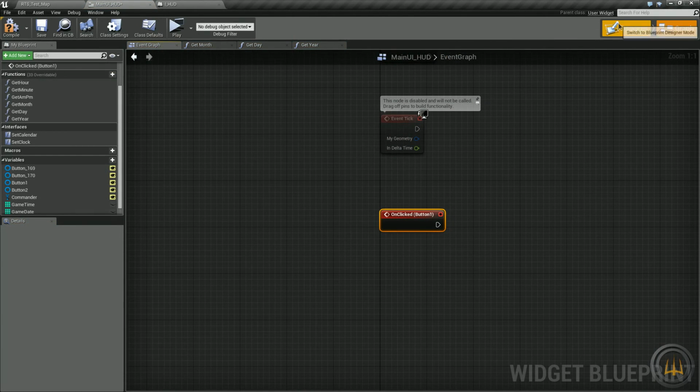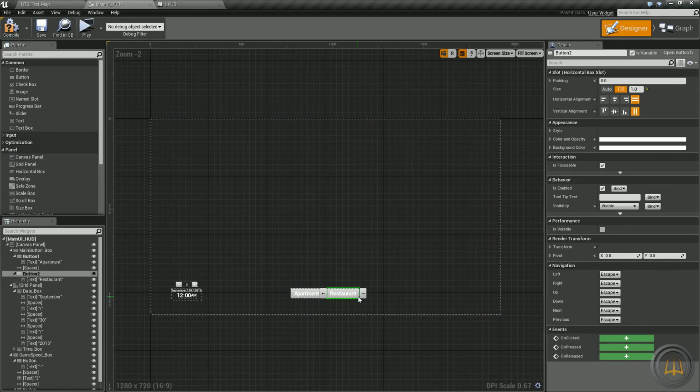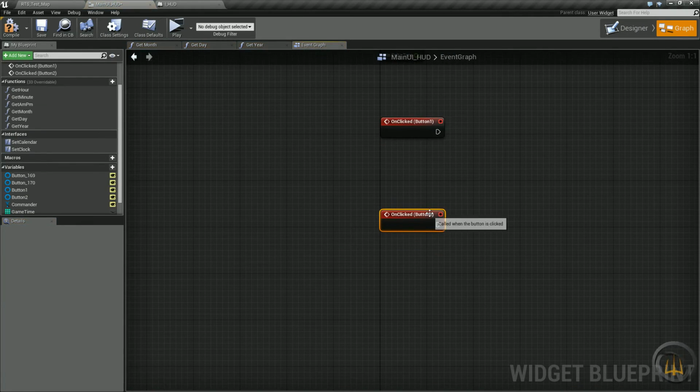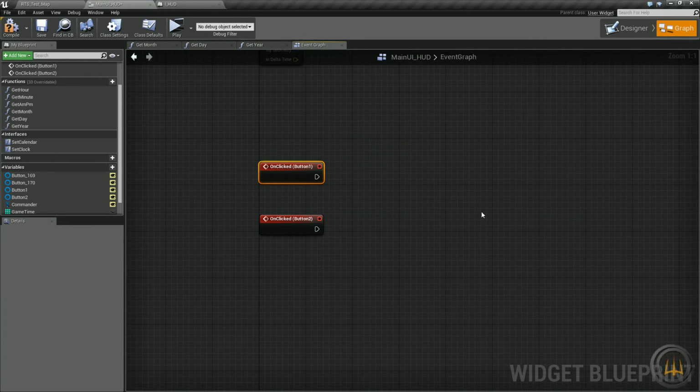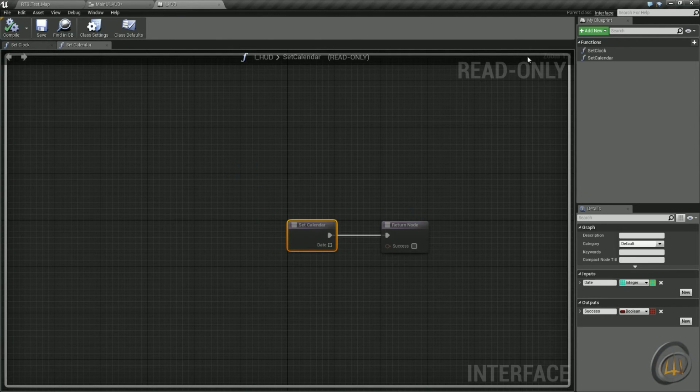Let's jump back into the designer. Grab this other button, make sure it says button 2 up there, and on clicked. So there we go, button 1 and button 2. And if you remember in the last episode, we made our interface. So let's jump into the interface here. We need to create a new function,